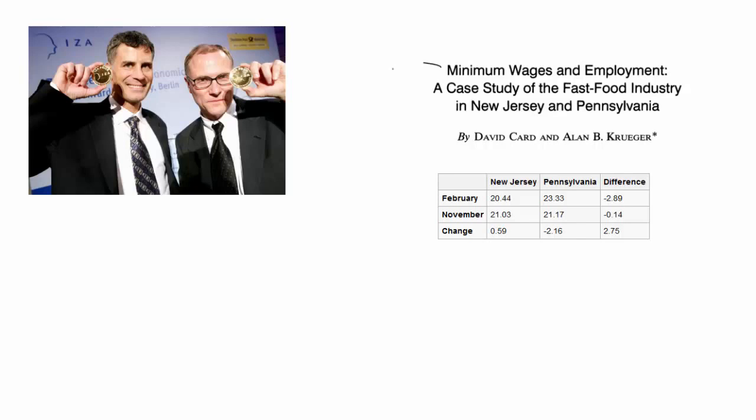So let me just talk about what this paper was talking about before we get into the statistics. They basically were trying to look at the effect of raising the state level minimum wage. So this is a policy change, like a pseudo experiment, and they wanted to look at the effect it had when New Jersey raised the minimum wage. I think it was in 1992 the minimum wage was raised from $4.25 to